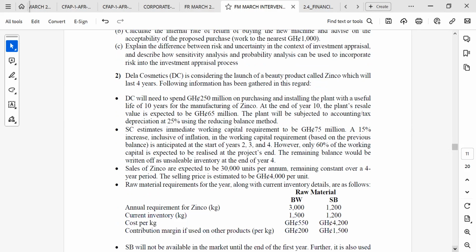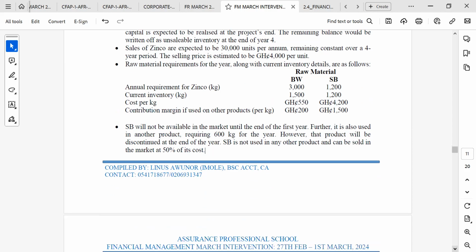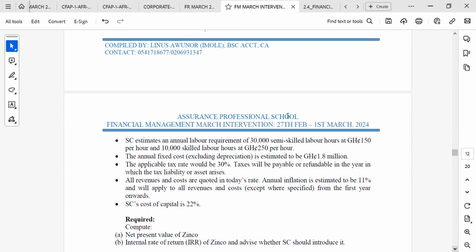Okay. Sales of zinc are expected to be 30 units per annum, remaining constant over a 4-year period. The selling price is estimated to be 4,000 per unit. Okay, raw materials for the year along with current inventory details are as follows. So we have done that one also, and we have given information on that. We have given information on this one. So this one, what we can do is we can start with